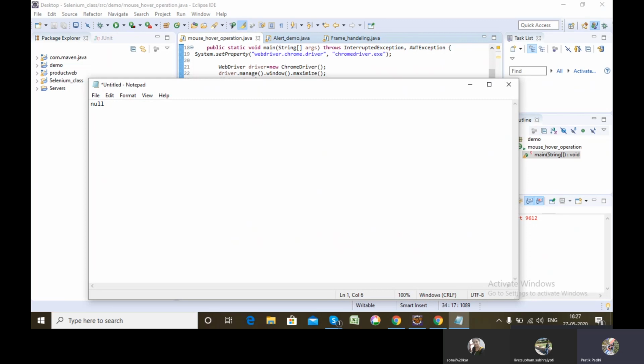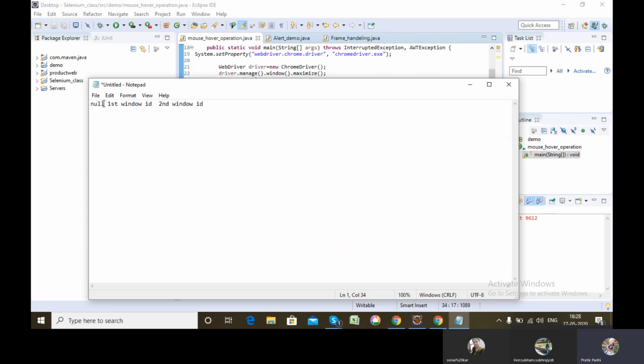Then the first value retrieved from the set is stored, that is the first window ID. So the first value is null, the second value is the first window ID, the third value is the second window ID.